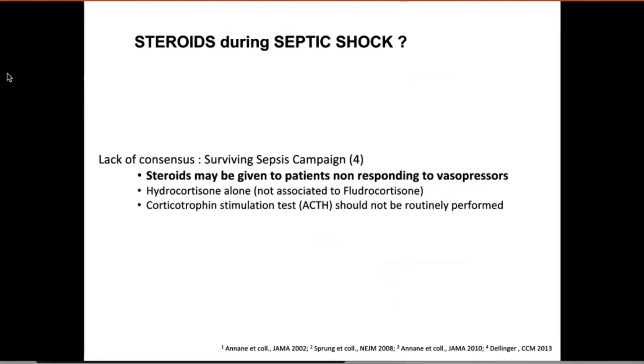But the fact of the matter is that there's been several randomized control trials with very different results when it comes to the benefit or the potential harm, actually, of giving steroid in septic shock. And these conflicting results are reflected here in our ICU guidelines, which, as you can see here in bold, are very, I would say, vague, and they say that steroids may be given to patients not responding to treatment for the blood pressure. So we're left with this may, and we don't exactly know when we should be giving them. Next slide.